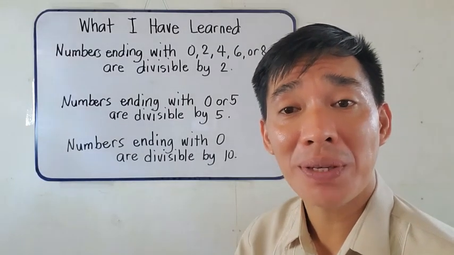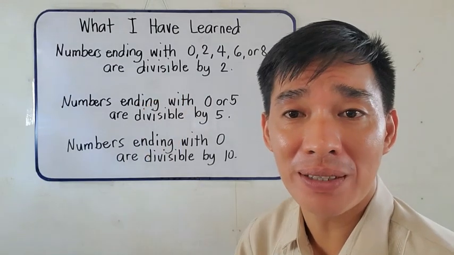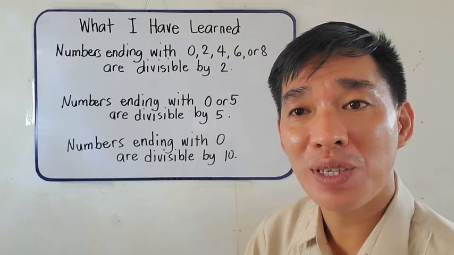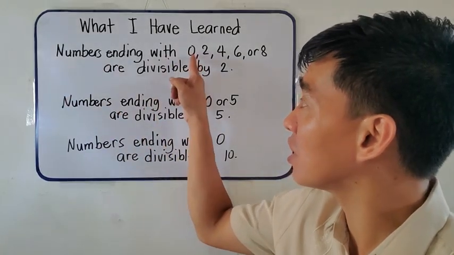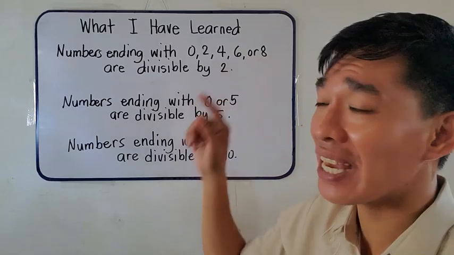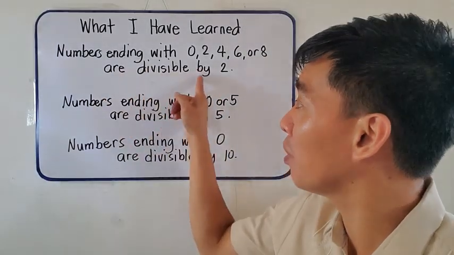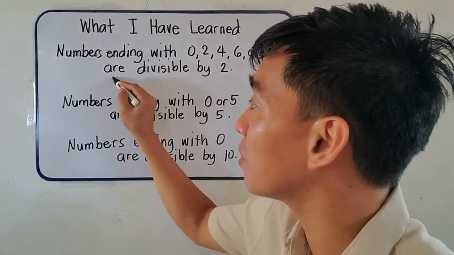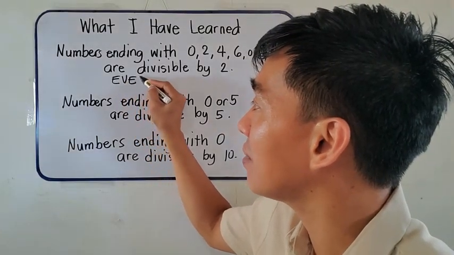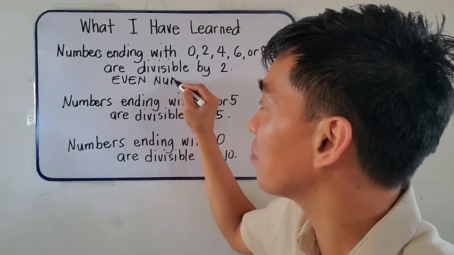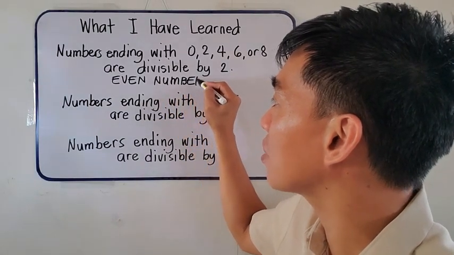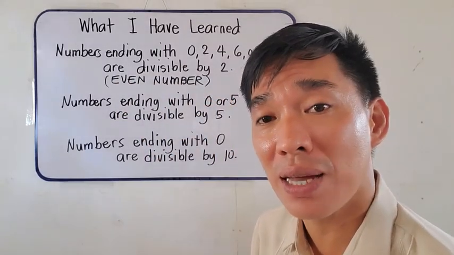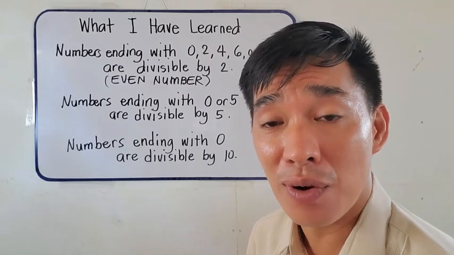This time, let's wrap it up. What I have learned. Ano ang natutunan ko sa sesyon na ito? Of course, numbers ending with 0, 2, 4, 6, or 8, these are the numbers divisible by 2. These numbers are also called even numbers. Let's take note of that. Even numbers simply means numbers which are divisible by 2, and usually these numbers end with 0, 2,